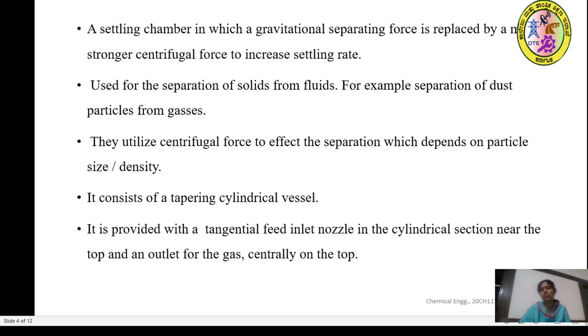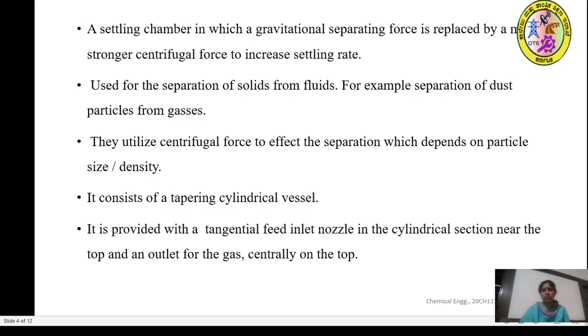Here the centrifugal force has been mainly used to separate the solid from the fluid. You already know what is the centrifugal action, what is the centrifugal force. Centrifugal force is the force which you have learned in your top driven centrifuge or the bottom driven centrifuge. Here the liquid is being thrown towards the wall of the container or tangentially, thereby separating the solids from a liquid. So that is a centrifugal force. From the center, the force is acting towards all the sides. That we call as a centrifugal force.